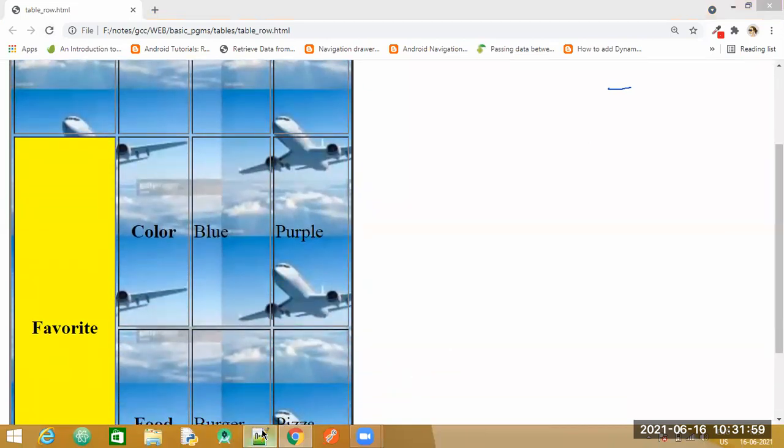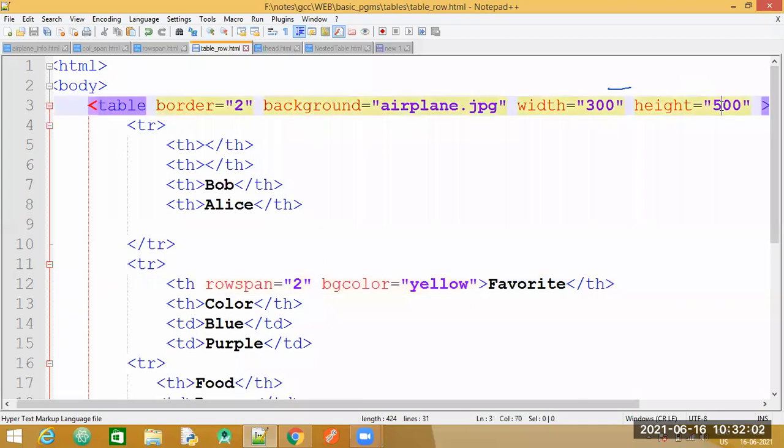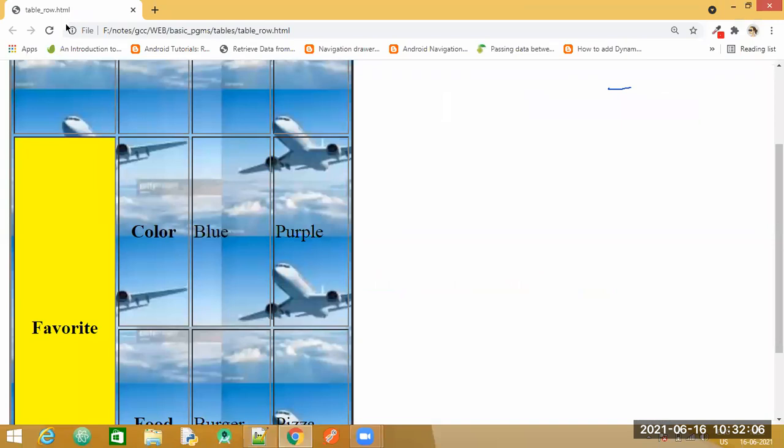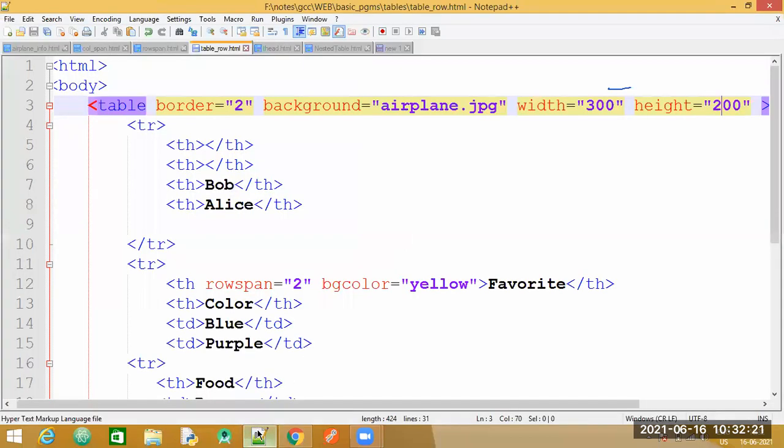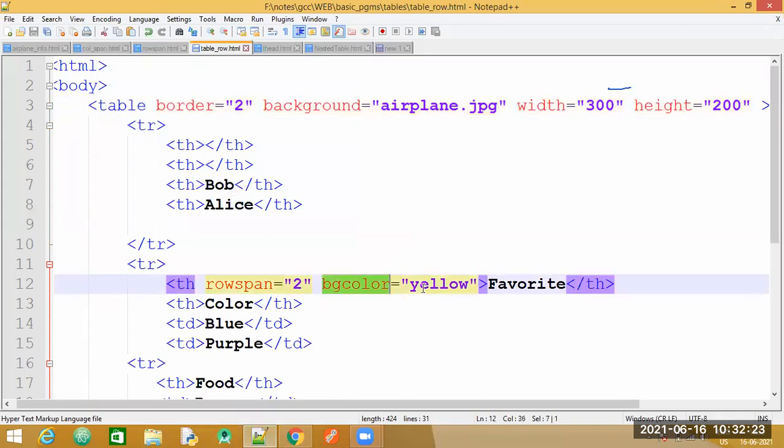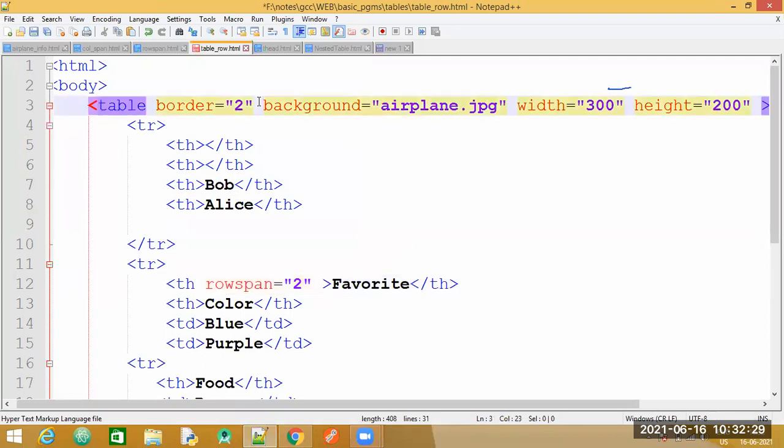Let us reduce the height of this particular table. Okay. So now you can see with the properties, you can specify the background color only for one cell also, and you can specify it for your entire table also. If you want to specify it for the entire table, you will have to remove it from here and put it for the table tag.